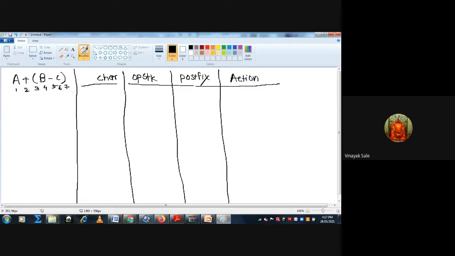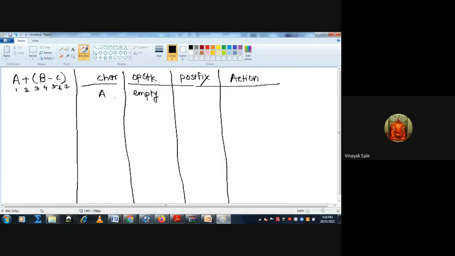So enter the first character A. Here the operation stack is empty because it is an alphabet. For postfix, we consider first the alphabets, then the symbols, that is operators, and we ignore the parentheses.